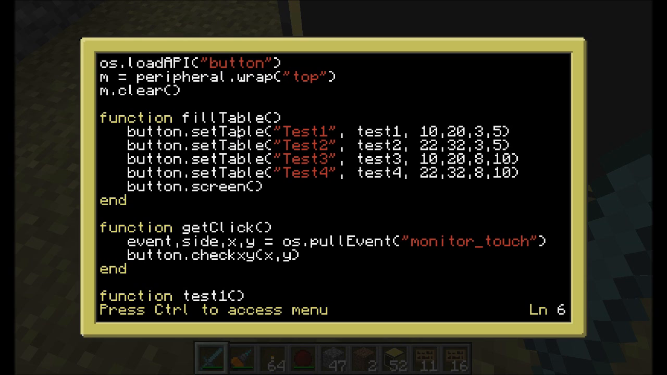Okay, this is the same way you do like turtle.forward. Turtle is the API and the function is forward. So you're doing turtle.forward, it's calling the forward function from within the turtle API. Same basic concept. Okay, so we want to fill out the table and we want to say create a button